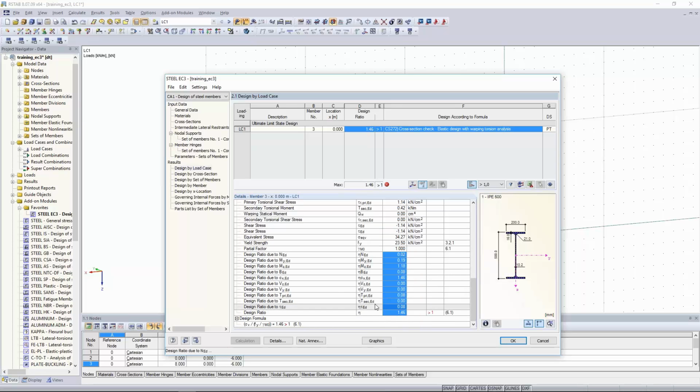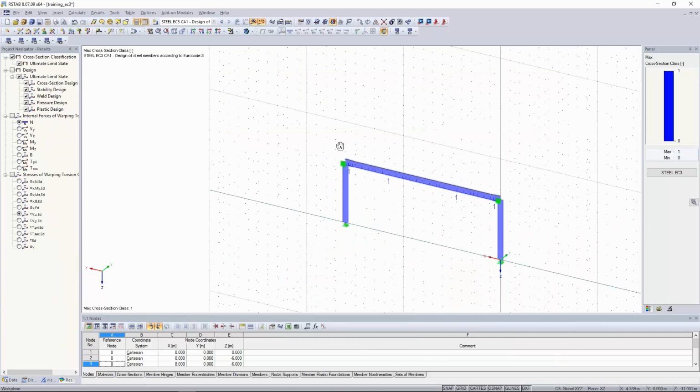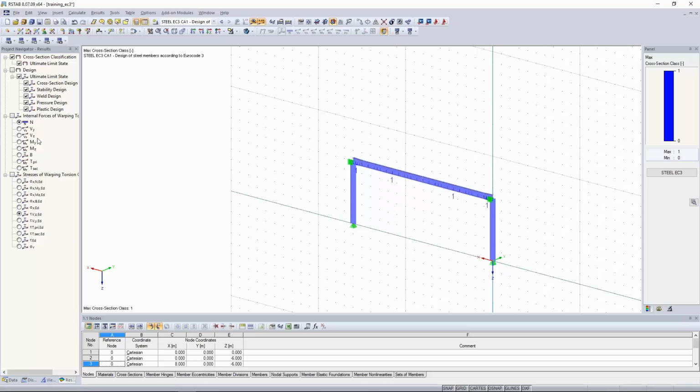You can see all the partial ratios due to normal force, due to bending moment, and so on, until you get the full design formula according to equivalent stress. You can check it also in the graphic. This is the section classification, which is fine, but